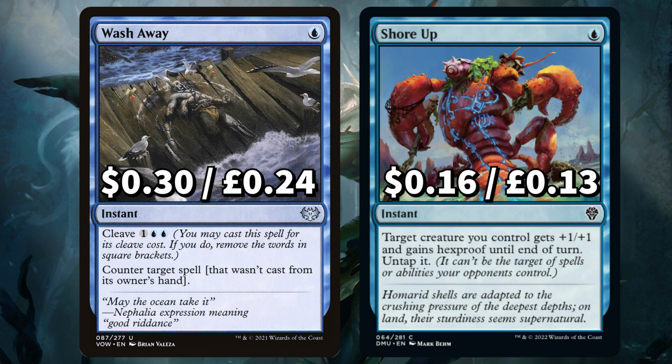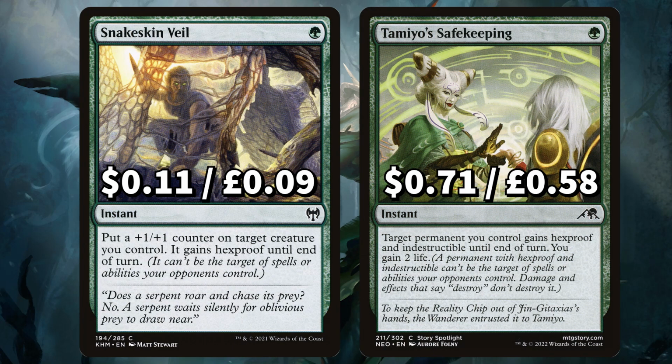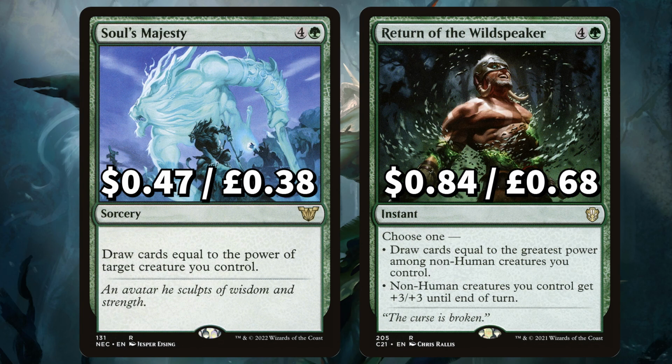Cleave option, and Shore Up to give target creature you control +1/+1, hexproof until end of turn and untapping it. We have 2 of my favourites in Snakeskin Veil to again put a +1/+1 counter on target creature, also giving it hexproof, and Tamio's Safekeeping to give target permanent you control hexproof and indestructible until end of turn, gaining 2 life too. On some card draw, there's Soul's Majesty to draw cards equal to the power of target creature you